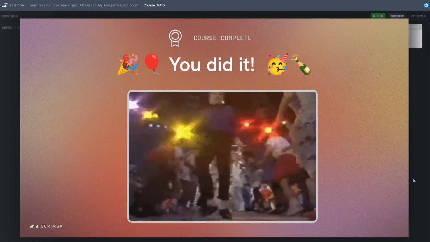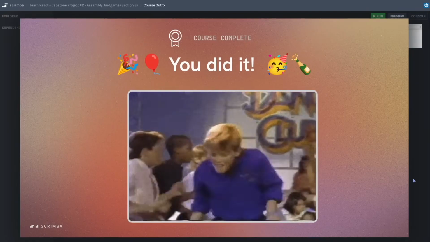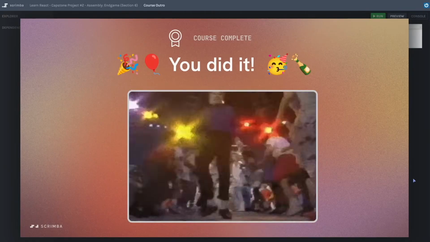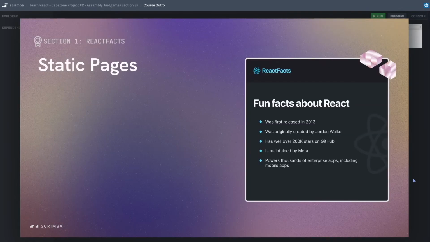Let's take a look back on the projects that we worked on in the different sections of this course and do a quick recap of what we have learned. In section 1, we started with really basic static pages in React so that we could build a solid foundation to support the rest of our learning in React. And we began that section by first learning why we even care about React in the first place. We talked about how React is declarative, making it a much better developer experience, and how React is composable, allowing us to build reusable pieces that can be combined together to make a masterpiece of a web app.